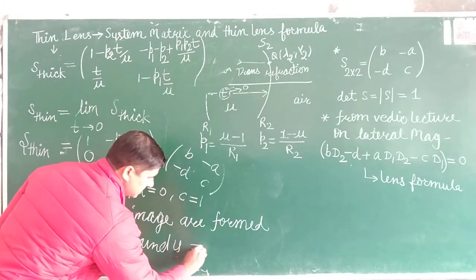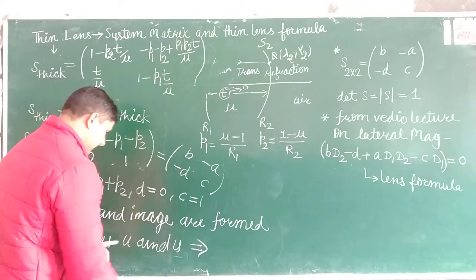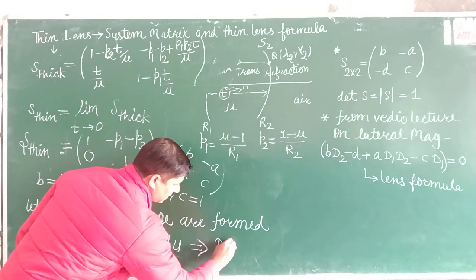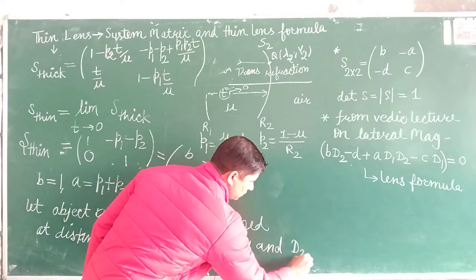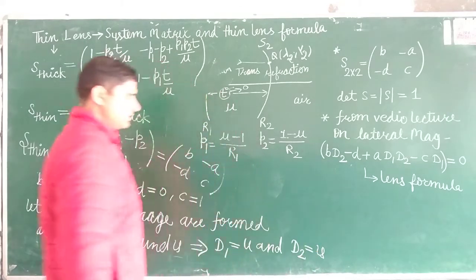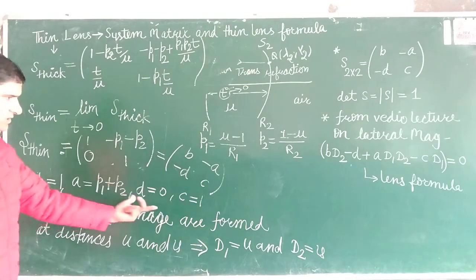This implies that D1 will be equal to u and D2 will be equal to v, and if you substitute all these values